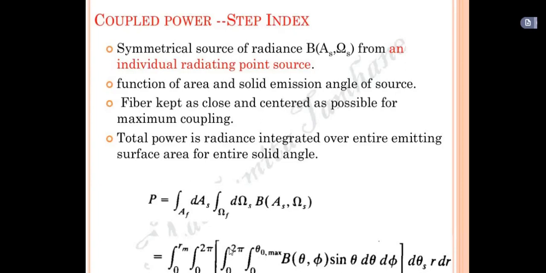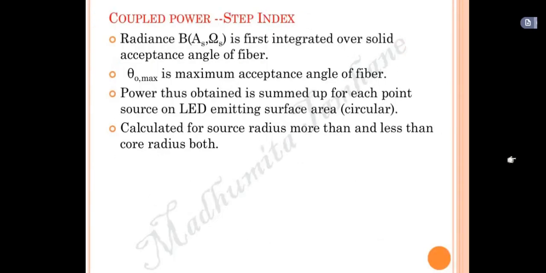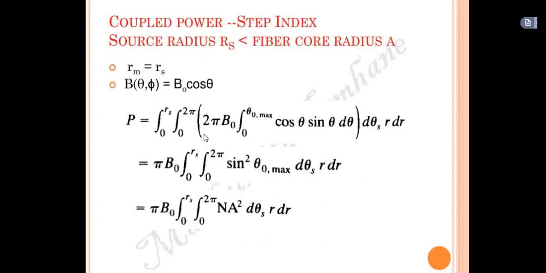If you do 0 to 2 pi of d theta, what is the integration? Sorry, the integration of 1 into dx is x, no? Similarly, the integration of 0 to 2 pi d theta will be theta only. So theta with upper limit 2 pi, lower limit 0. So 2 pi minus 0 will be 2 pi only. So that's how we got 2 pi here. Clear? That one integration we removed, and the internal part we substituted: cos theta into sin theta. We multiply with this 2 inside, so we can further simplify at the end.